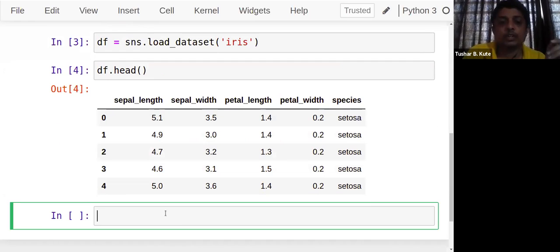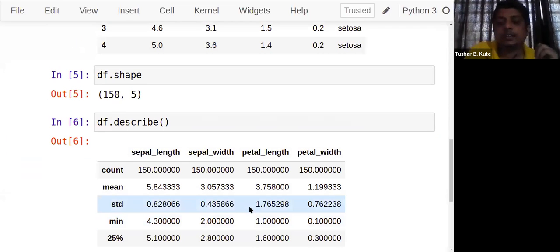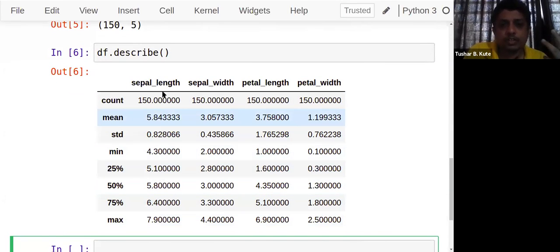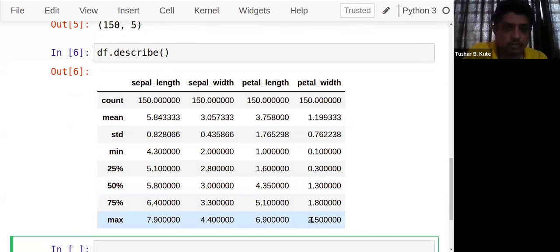This is the data frame that you got. You can check the total number of entries is 150 and 5 columns are there. Out of it, the first 4 columns are continuous variables. They contain values in floating point or whole numbers. If I describe that, you can check. See, 4 elements are numerical, and you can see their distributions. Sepal length starts from 4.3 to 7.9. Sepal width from 2 to 4.4. Petal length from 1 to 6.9. Petal width from 0.1 to 2.5. This is how the data distribution is present for the numerical data I'm talking about.